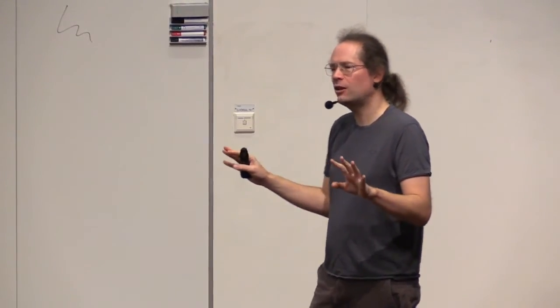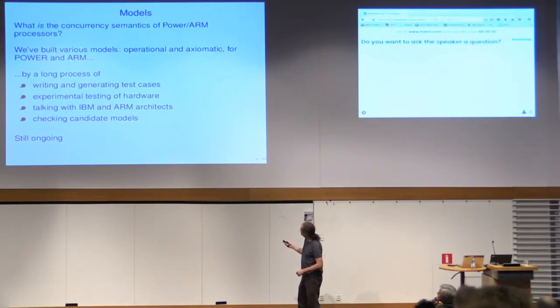So now, let me turn to the modeling process. So I've given you some hand-wavy descriptions of some particular behaviors on some particular litmus tests, and I've spoken in terms of propagation and cumulative barriers and coherence and such like, which a priori are not very solidly defined. So what we've been doing in these last 10 years is building a series of models in different styles by a long process of this experimental semantics of generating interesting test cases, doing experiments on actual hardware, talking with the architects about the intended behavior,